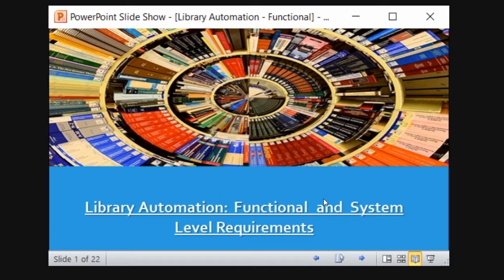So what are the required software and hardware requirements for implementing library automation? This topic will be useful for you, because after completing your degree, when you are working as a librarian, if you want to implement automation, you have to refer to this particular area of presentation. You will see if the configurations are available based on this, you can implement, or else you need to purchase according to it, and then you go for automation. Okay, so we will see what the functional and system requirements for implementing library automation are, right?